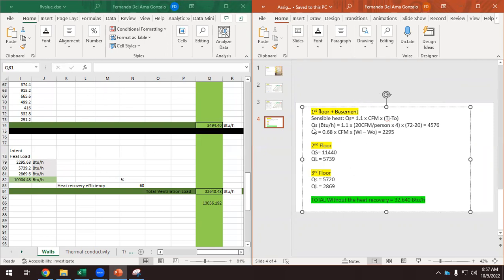Okay, so that's the summary of everything. Now, if we add the heat recovery, so with the heat recovery, I have to subtract the value